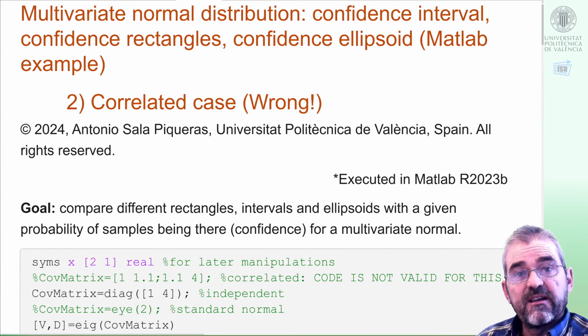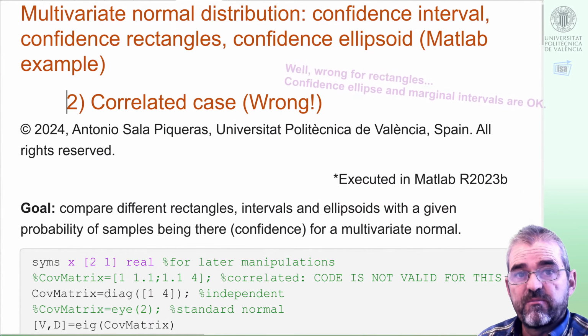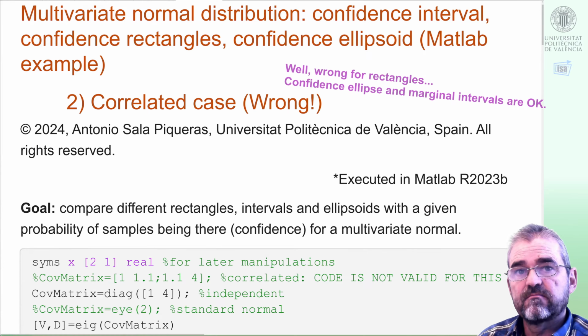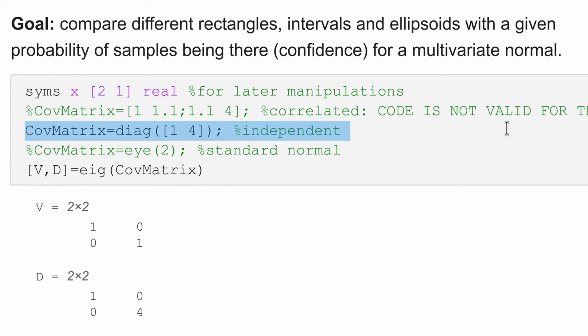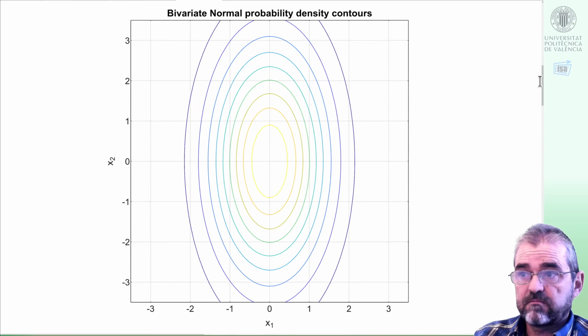Hi, I'm Antonio Sala, and in this video we are going to give some notes on why the computations we did in the previous video on confidence ellipsoids and confidence rectangles would be wrong if we used a non-diagonal covariance matrix. If we remember, with this diagonal covariance matrix, we had these axis-aligned ellipsoids as equal density contours,